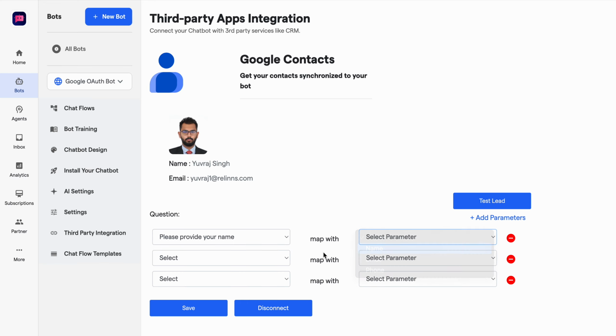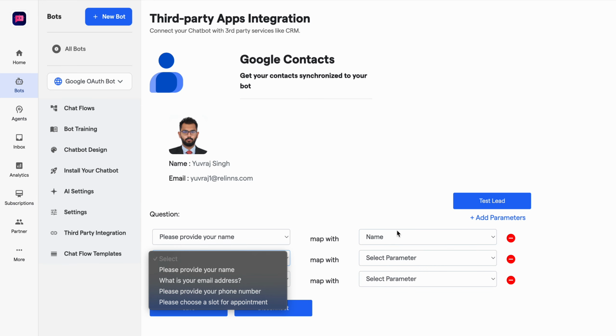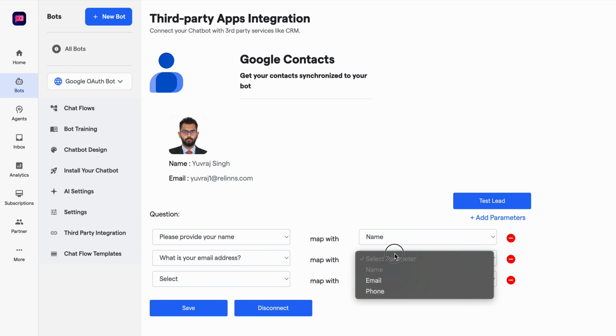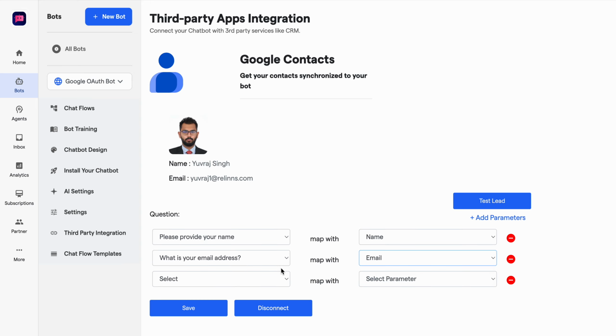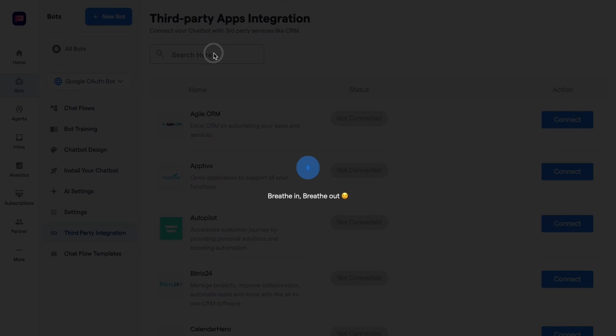For the name, I want the answer that the user gives to the question, please provide the name, to be mapped to the name. Then for the email address, I want the email question, and lastly, for the phone number, I want the phone parameter. Once I click on save, the connection will have been successfully established. Now going back,